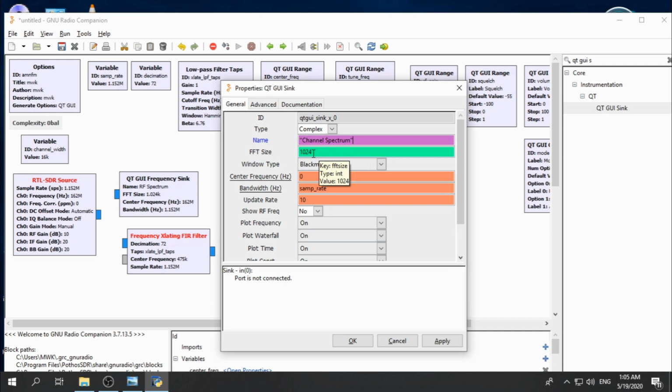Okay, the FFT size is 1024, is good. And the center frequency, let's define it as a center frequency and tune frequency. Okay, let's define it as a center frequency 1E6